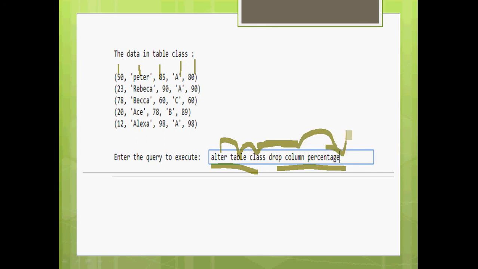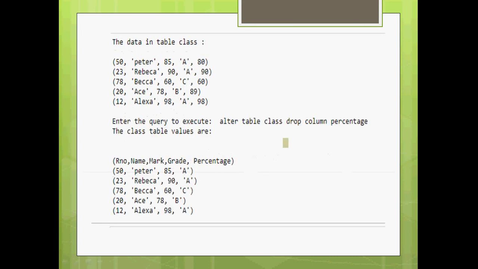Which column do you want to drop? Percentage is the column that you want to drop. Just execute this command. Now what happens? The name percentage was never part of the table values, but from all the values returned from the database, the last column, 80, 90, 60, 89, all these have vanished.